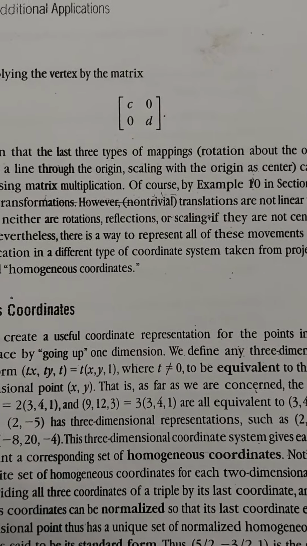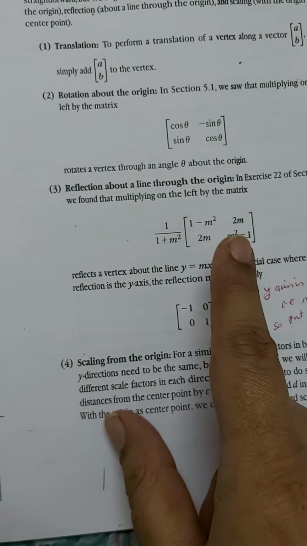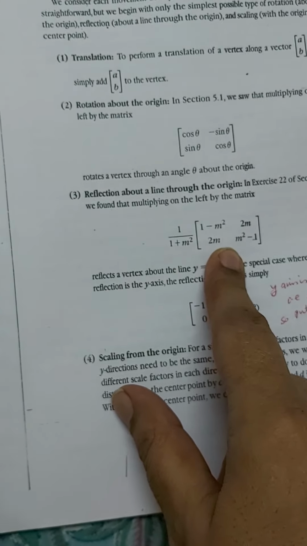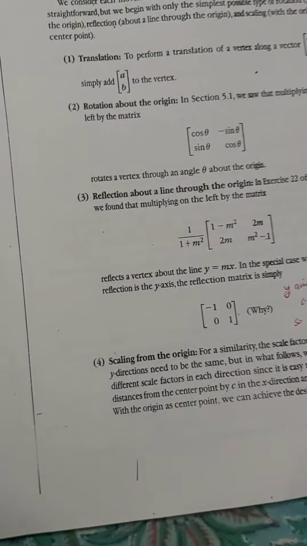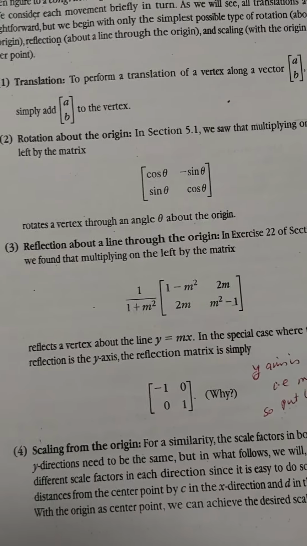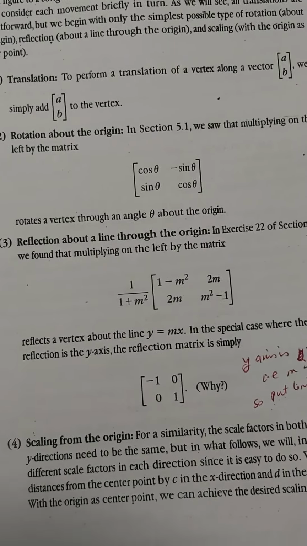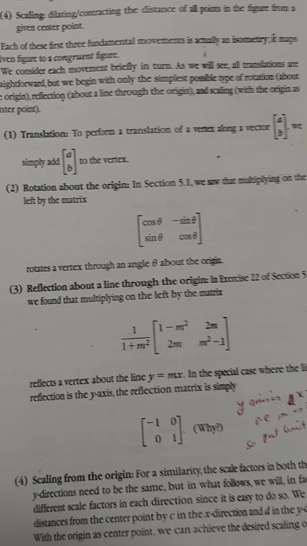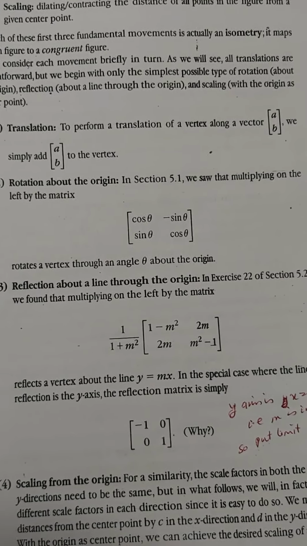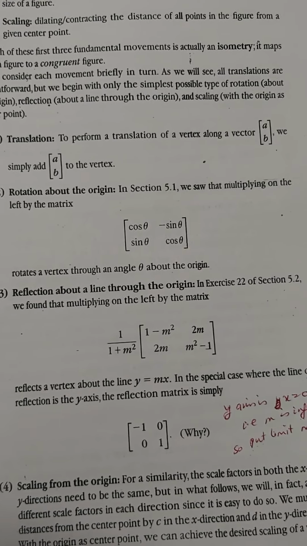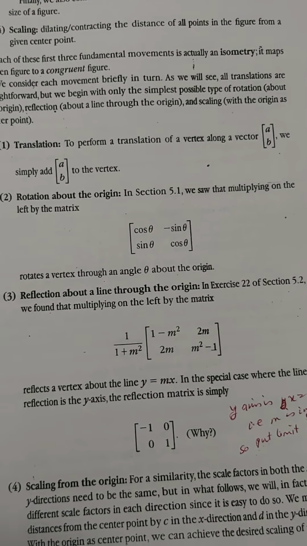Now note that this scaling can be represented by a matrix. Reflection about line y equal to mx is represented by multiplication of a matrix, and rotation by angle theta can be obtained by multiplication of this matrix. But note that translation cannot be obtained by multiplying a matrix. It is obtained by addition, by adding the vector (a, b) to the given vector. So our aim is to make a change so that all the operations can be operated by multiplying a matrix.